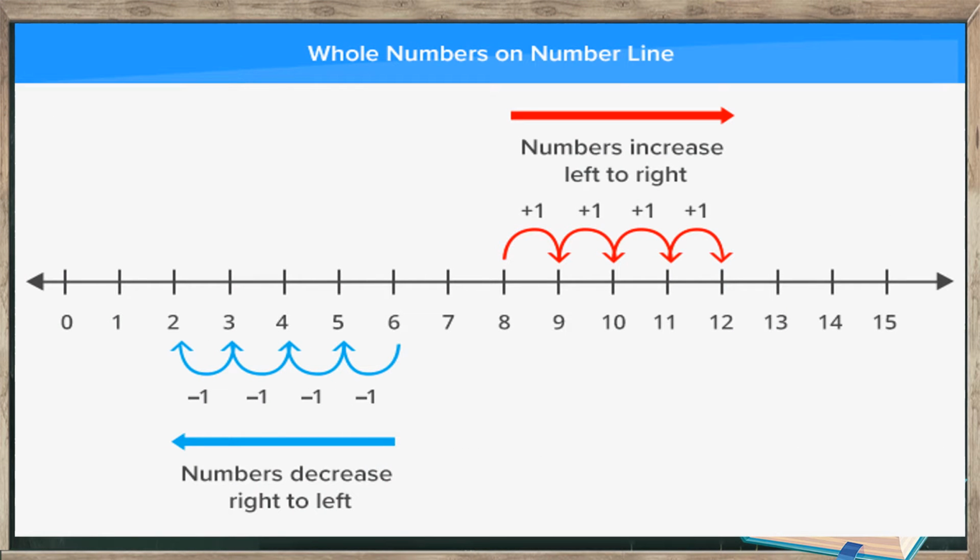Students, this is the picture of a number line. A number line always starts with a number 0 and it has no end. We can extend a number line to any number. Now you can see that the numbers which are on the left hand side, if we move from right to left, then